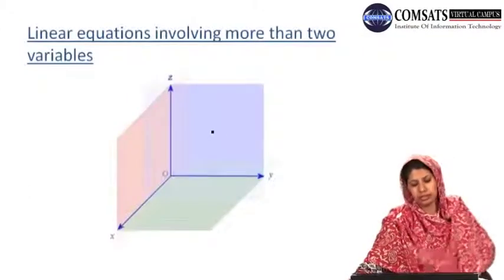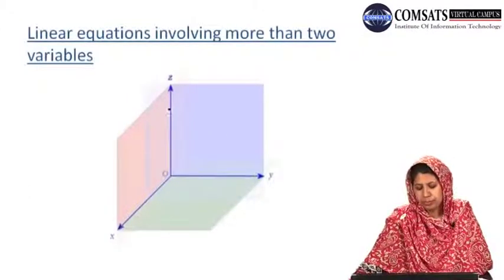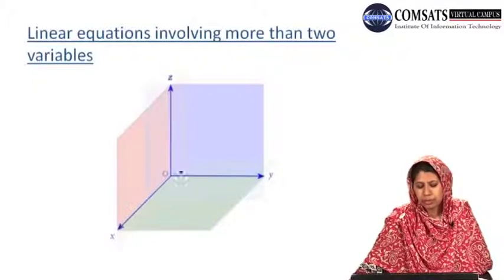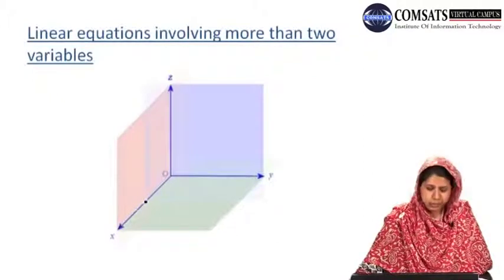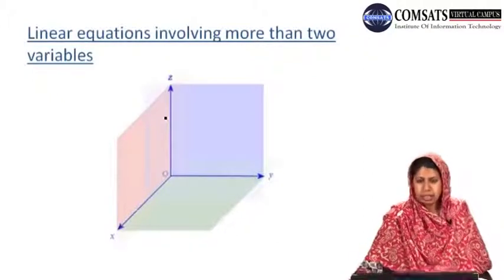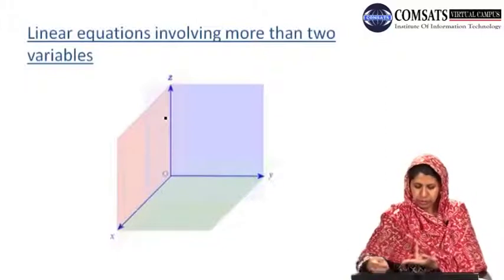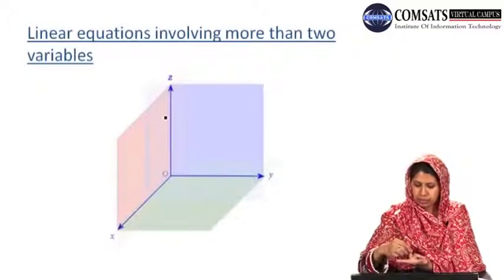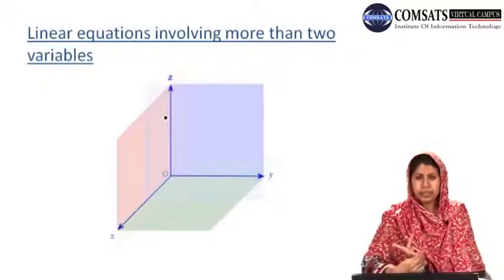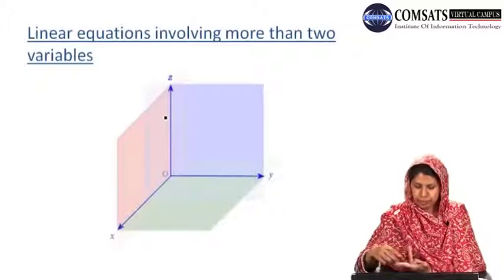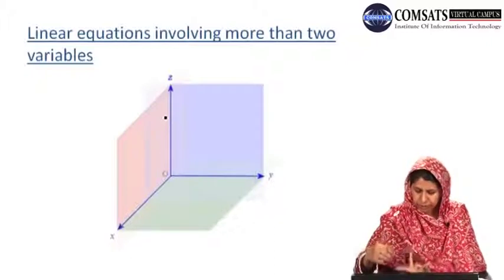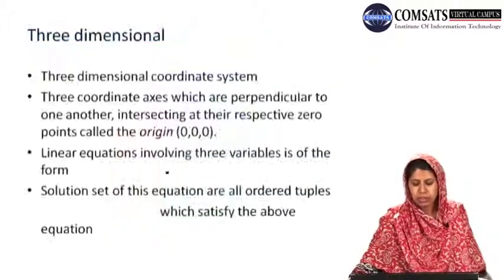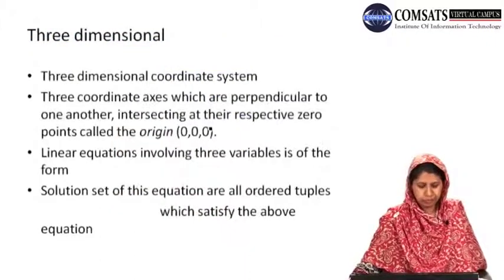Okay, let's have a look at the figure again. We have three coordinate axes x, y, z. They are perpendicular to each other. Now x may not seem to be perpendicular to y and z, but if we take our hand, for example, this is our x, one finger representing y and the other representing z. All three are perpendicular to each other, and they intersect at their respective 0, that is the origin, which is (0, 0, 0).